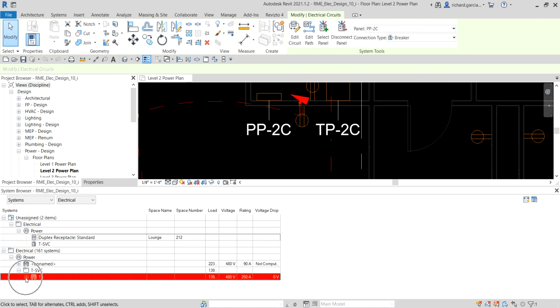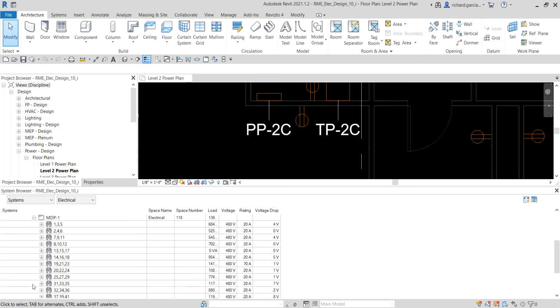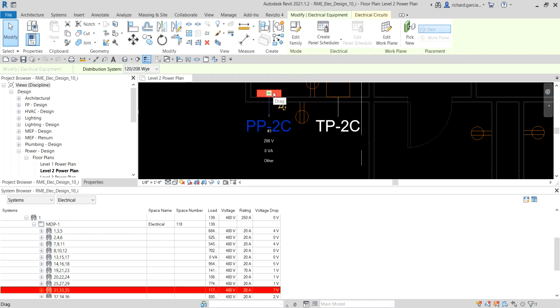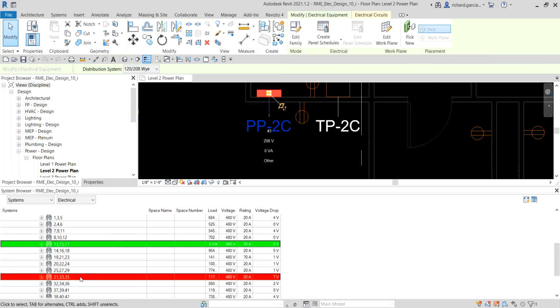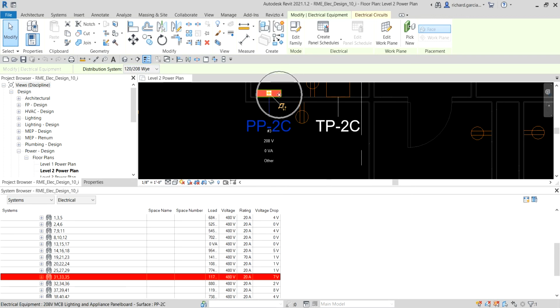So that's your circuit number 1. And then that's your MDP-1. There you go. And then you just need to click this PP-2C. If you click that, again, it will highlight here on our system browser, which is very useful because it will tell you what is that particular circuit that is connected to